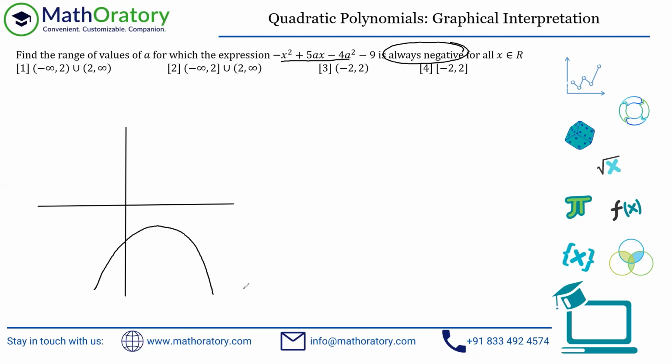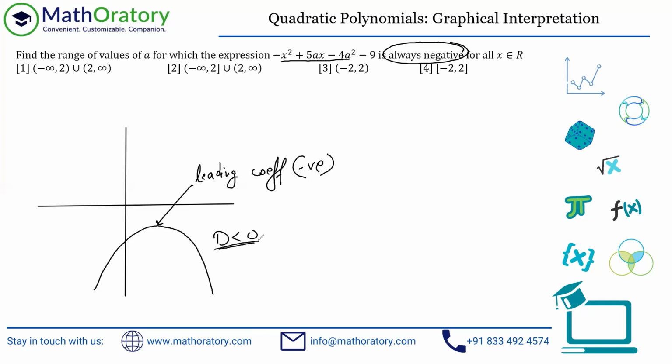If you understand the graphical interpretation, first of all, because the quadratic has a maximum, or the graph is going downwards, the leading coefficient should be negative, right? In this case, you don't have to check this. In certain questions of this type, you might have to check it. But here you can see the leading coefficient is already negative, so you don't have to worry about it. The other part is, since it is not intersecting the x-axis at all, the discriminant should be less than 0, and this will be our focal point.